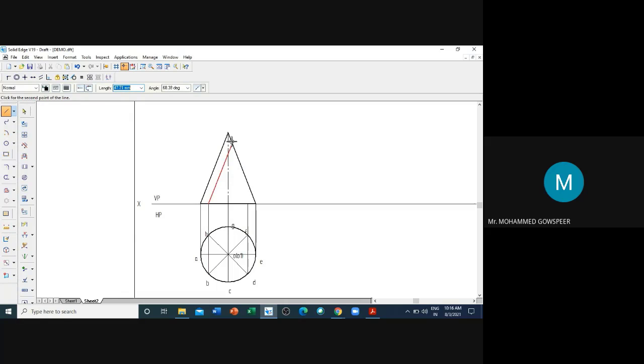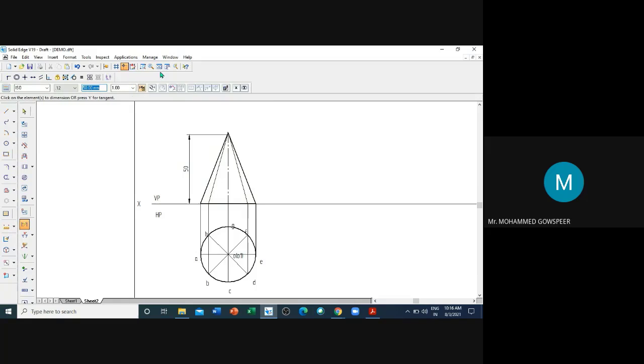So this is one generator, and from here there is another generator, connected to the apex point. Now if you want to name them, this is a, this is b dash, h dash, c dash, g dash, d dash, f dash, e dash. Now the axis height of 50 mm I have drawn.